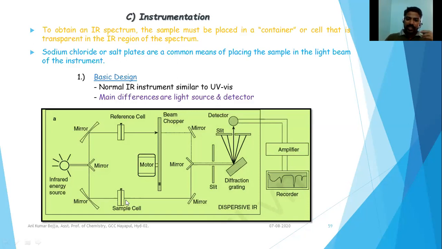We can record the spectrum of the pure compound in gaseous state, liquid state, even in solid state also. This is the convenience with the infrared spectrometer. If you are recording a spectrum of a compound in liquid state, the compound has to be dissolved in a suitable solvent, so that the solvent in very dilute state will be placed in a sample tube. What I'm saying is, the compound has to be diluted.